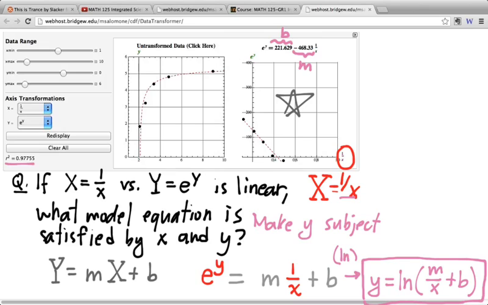And so then I'm just going to drop in those values for m and b, and that gives me a nonlinear equation: y equals the natural log of negative 468.33 over x, plus 221.63. And that equation, y equals the natural log of negative 468.33 over x plus 221.63, now is an equation for this curve